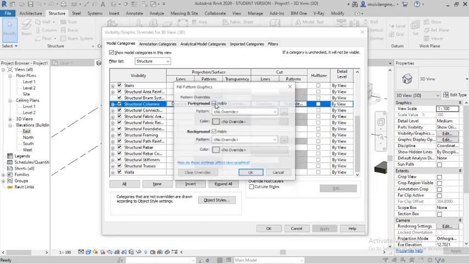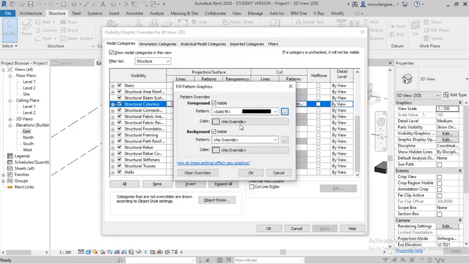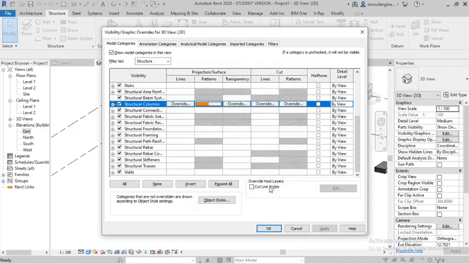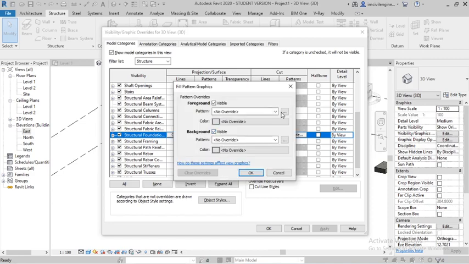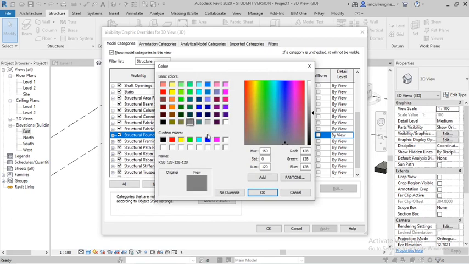The columns, I will explain a little bit fast because I have already explained colors. Structural columns, then structural foundation, solid fill for the color.